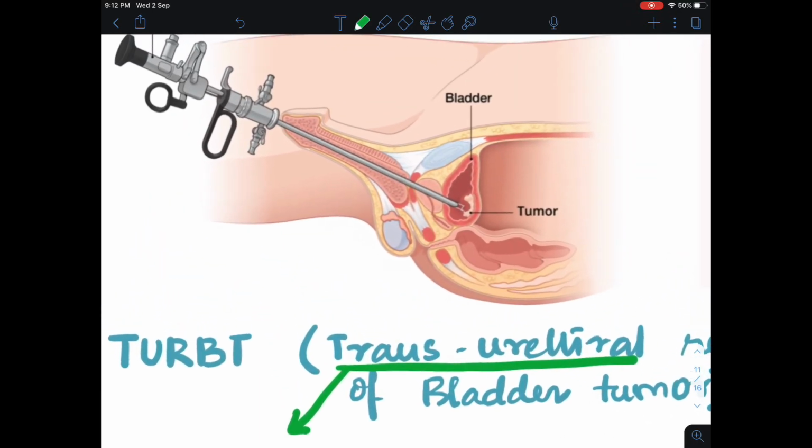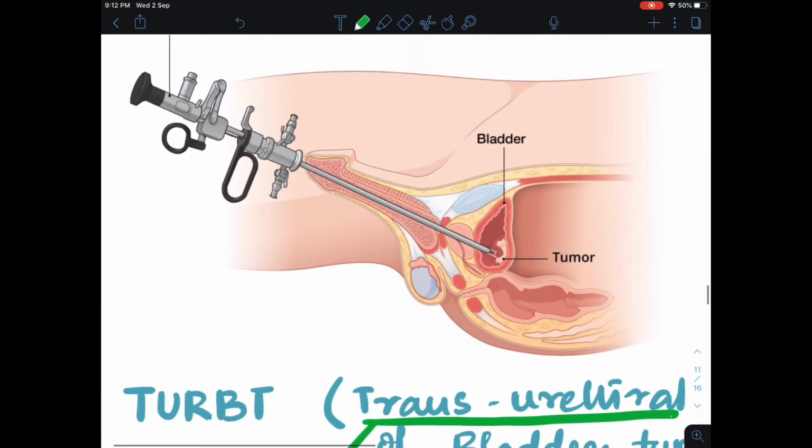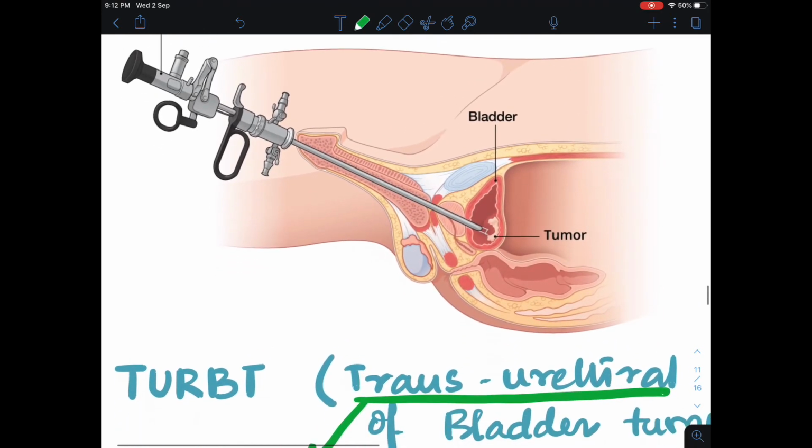So here we can see a resectoscope being placed through the penile urethra, the bulbar urethra, the membranous urethra, the prostatic urethra, and ultimately